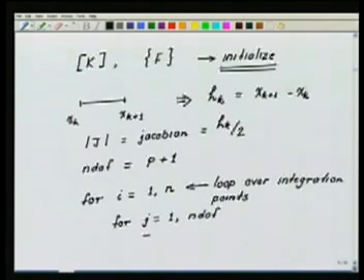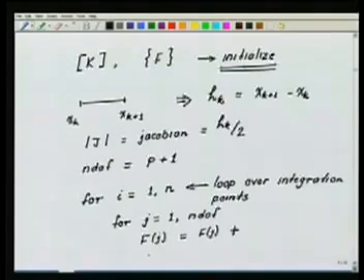I am going to say Fj is equal to Fj plus, now I am going to do the numerical integration to find my load vector entries. So, I take the jth load vector entry, to this I am going to add the contribution due to this particular integration point. So, it is going to be